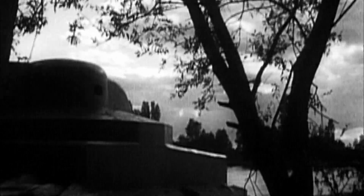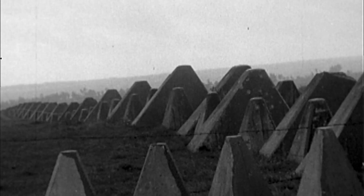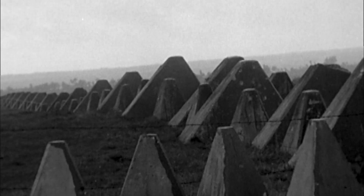Siegfried Line was similar to the Maginot Line that France had built. They would have had a number of bunkers, a lot of established fortifications that were there to turn certain areas into kill zones. Though it looks impressive, with hundreds of kilometers of anti-tank barriers known as Dragon's Teeth,